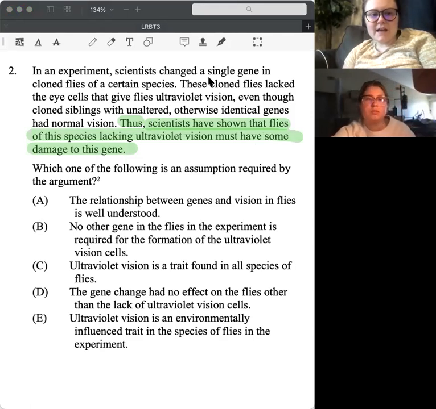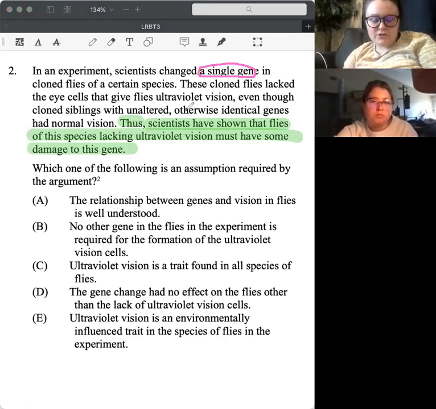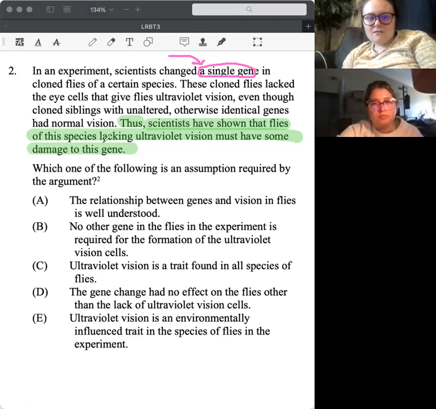So in an experiment, the scientists changed a single gene, and then we cloned them. So the cloned flies lack the eye cells that give flies ultraviolet vision, even though the cloned siblings with unaltered, otherwise identical genes had normal vision. So we're assuming that we made this one change to this single gene, and now there's this difference. So we're trying to say that the flies lacking UV vision